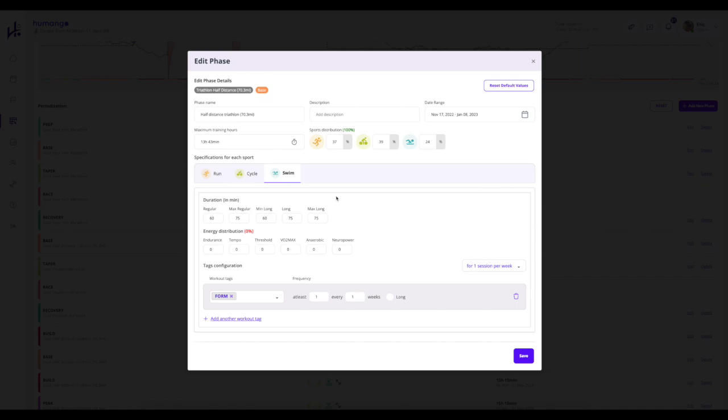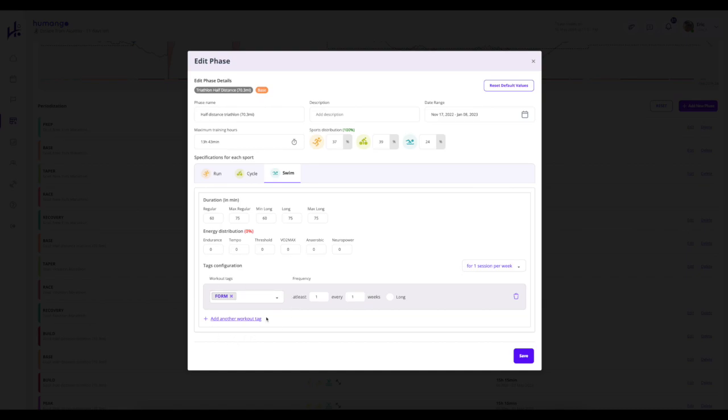It's important to note we're not prescribing swim by energy distribution at the moment. Obviously, there are huge challenges in the way that data comes back or is even interpreted. So at the moment, we are just using tags, and we're going to expose these tags very soon so you can choose from them.